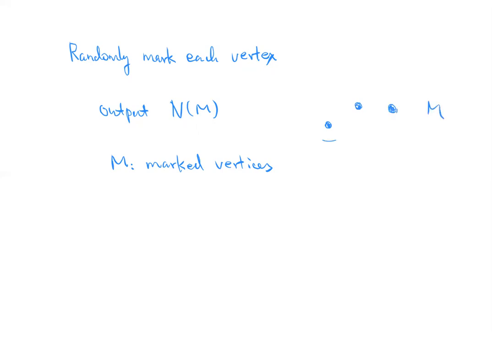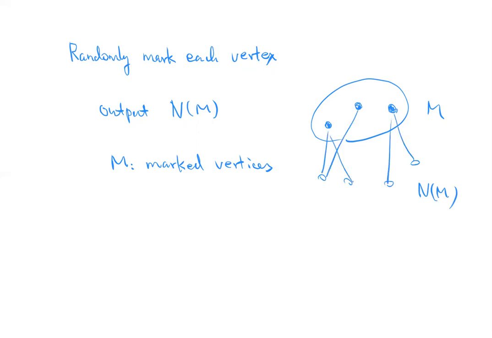And the neighborhood will be these vertices adjacent to marked vertices. So output will be this one. In the very beginning, I gave this algorithm. Very surprisingly, this algorithm actually can solve